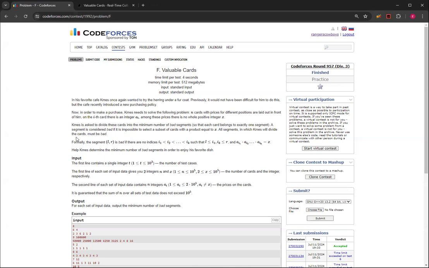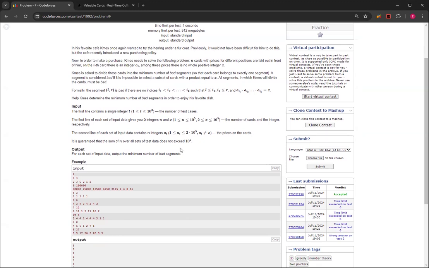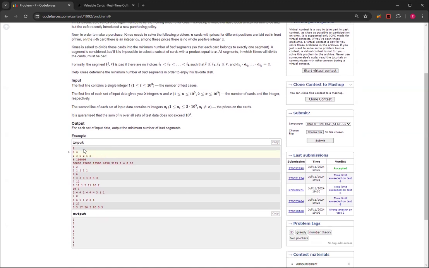So to keep going, formally the segment LR is bad if there are no indices whose values you can multiply together to get x. And Kmes needs to determine the minimum number of bad segments in order to enjoy his favorite dish. So you're given N and X, and then you're given a whole bunch of integers A_i. And then for this first test case,